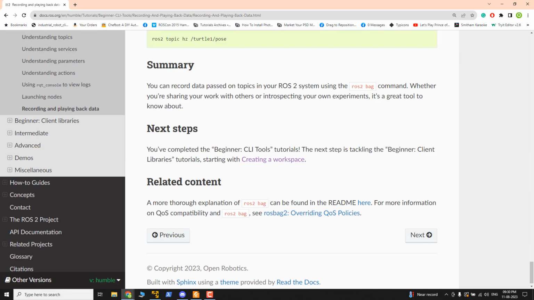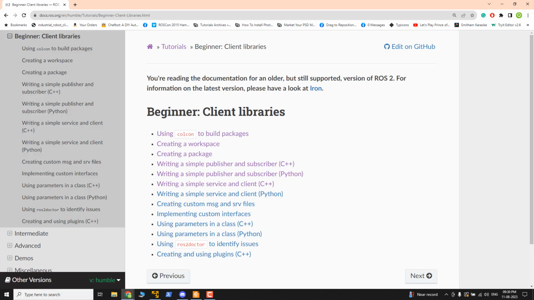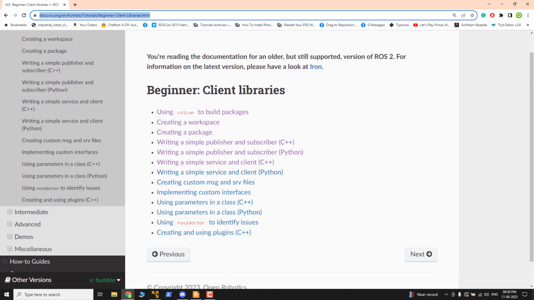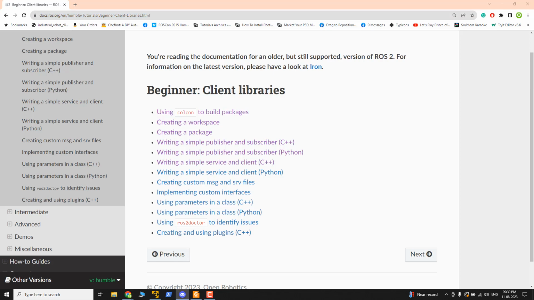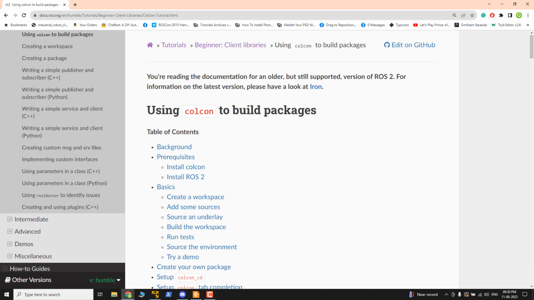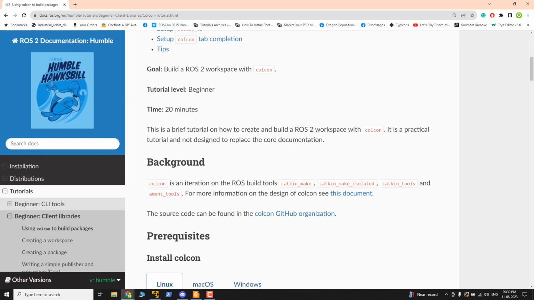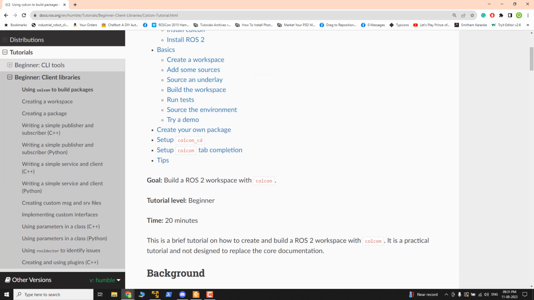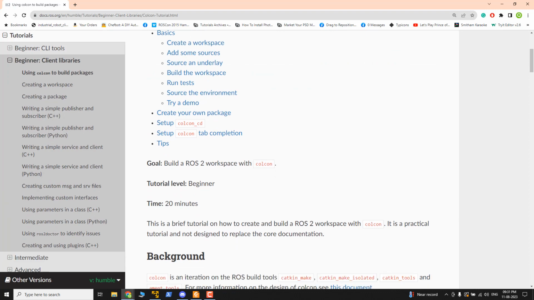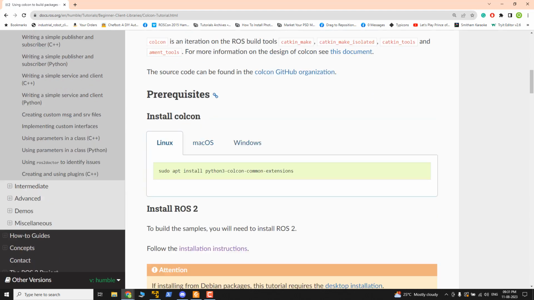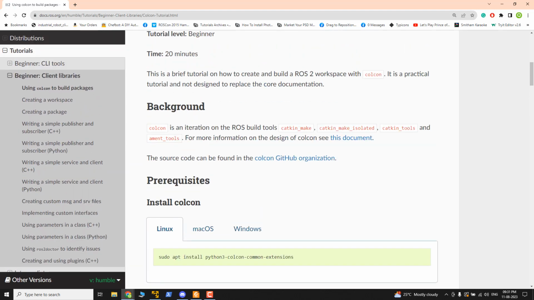So now we can jump into the main topic, which is the packages, workspace, packages, how to build the packages, all those stuff. So you can take the beginner client libraries. This section is talking about that topic. So first we can start with creating a ROS workspace. Before that, I just want to talk about the build tool